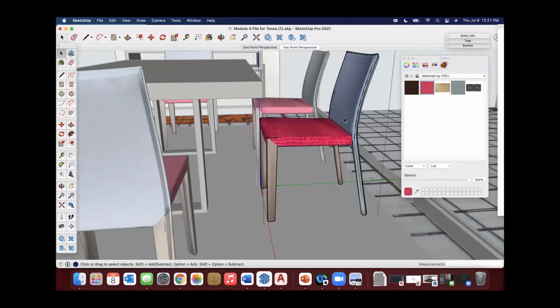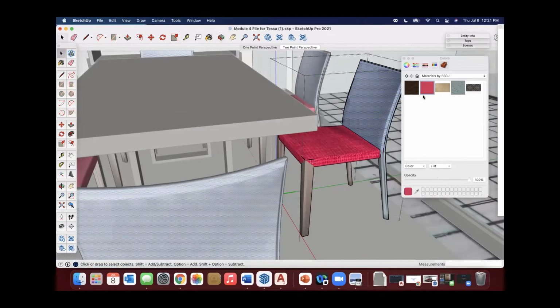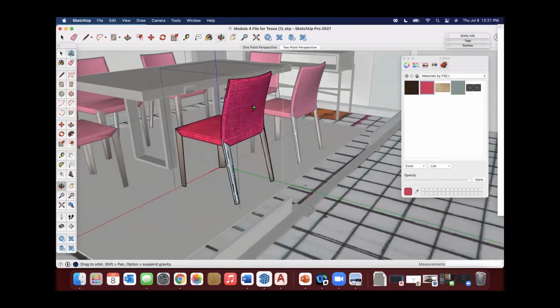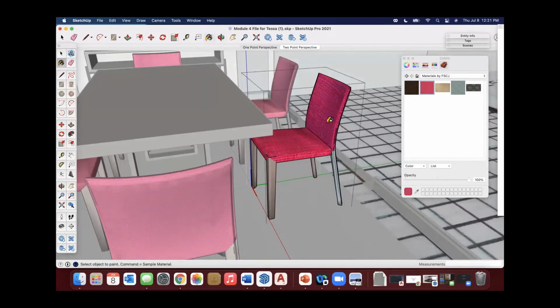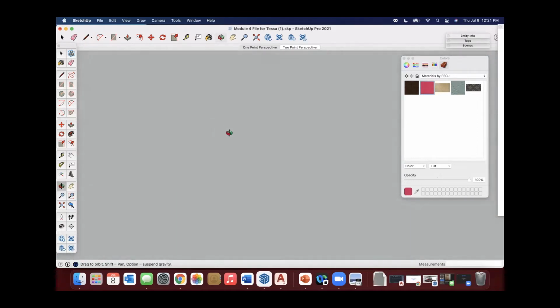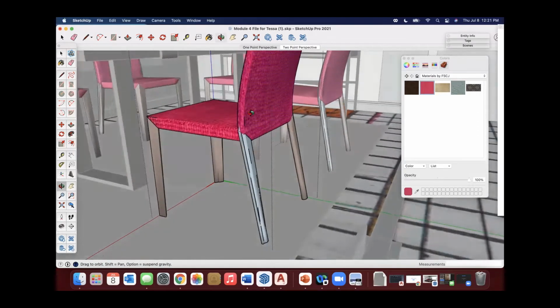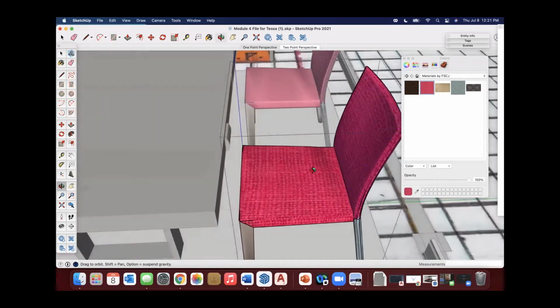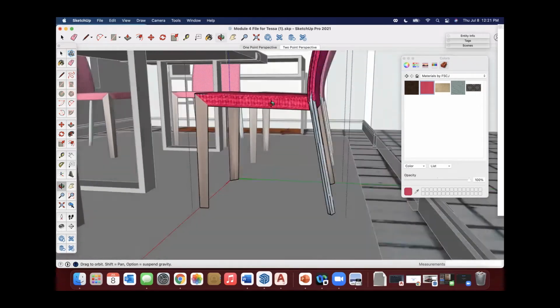But now I need to change the back. So I'm going to come back over here. And if it doesn't give you the paint bucket symbol, just click on the surface beside it and then go back to it. SketchUp's weird like that sometimes. So now I'm just going to click on that one and it automatically changed the front and the back. And I can see I'm in a wall. Do I need to apply this color anywhere else? No, not that I can see.